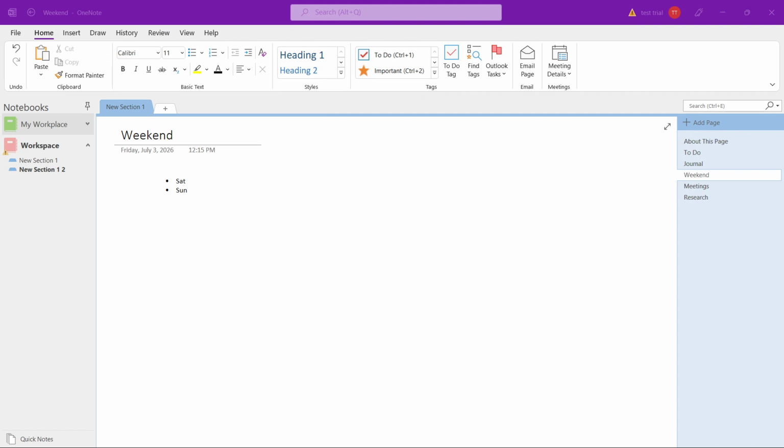That means you're removing the notebook from your OneNote app view on that computer, so it no longer appears in your list of open notebooks. This is the step most people are looking for when they want to get rid of a notebook from their workspace. To begin, open the OneNote app on your desktop